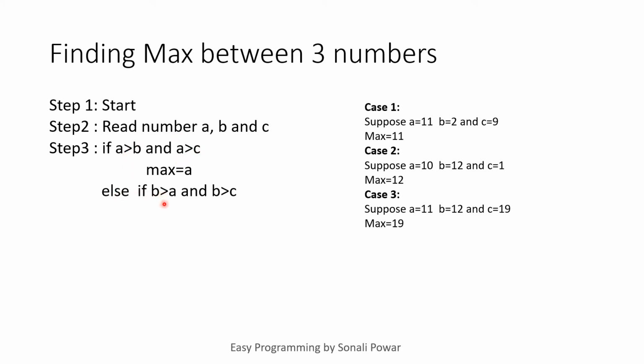In the else part I am checking B is greater than A and B is greater than C. अगर ये कंडीशन ट्रू नहीं है तो क्या चेक कर, B जो है वो A से बड़ा है और B जो है वो C से भी बड़ा है। Here I am just writing the AND, it means both conditions must be true. अगर यहाँ पे OR है तो इसमें से एक कंडीशन भी ट्रू होगी, then it will execute. But here I need both conditions, then only say that max is equal to B. If both conditions are false, then I will say that max is equal to C. And the last step is step number 5, display the max, and next step is stop.